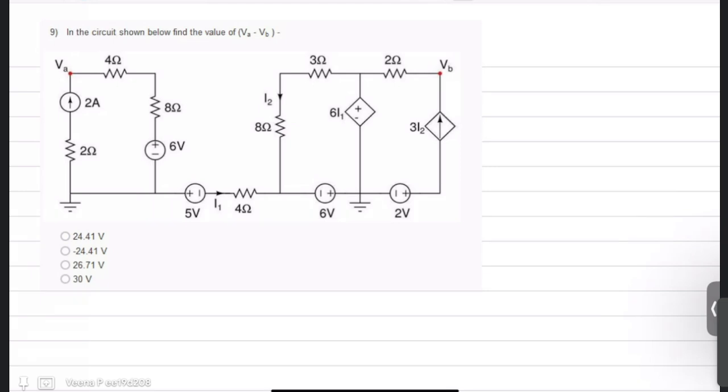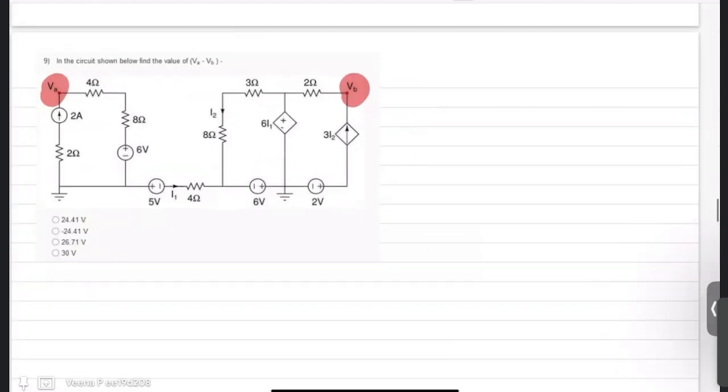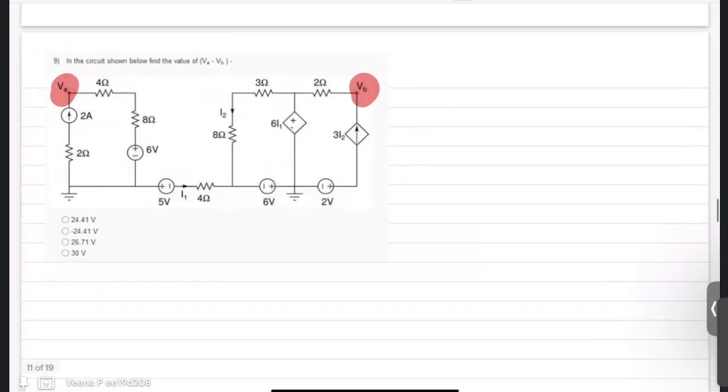So, in the circuit shown below, find the value of VA minus VB. Your VA is here and your VB is here. In previous problems, if you are continuously attending my classes, there were times when from one circuit to another circuit